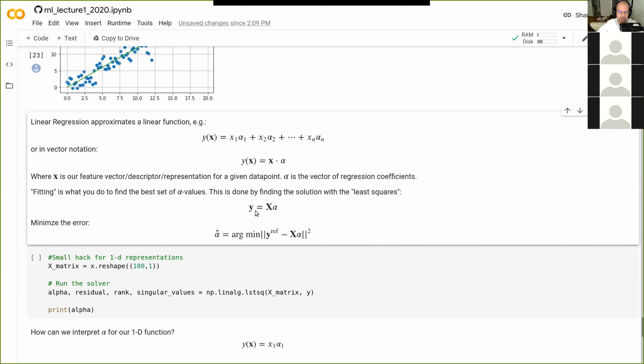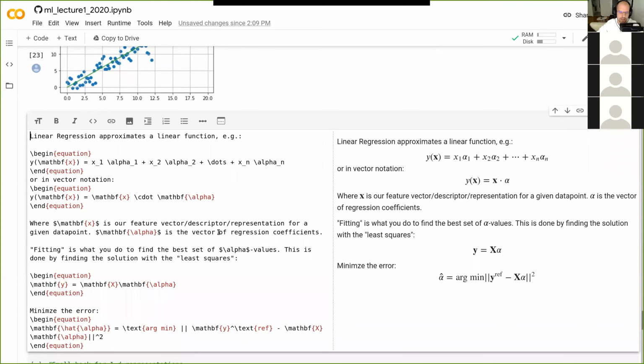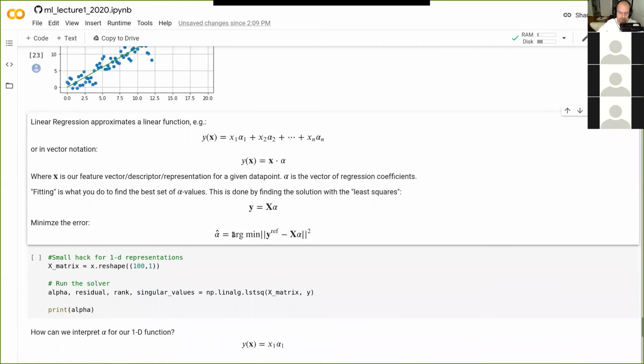What you do then is minimize the least squares so that you minimize the error, so argmin. You take all your reference values of y, and then you subtract this product. Your error is what you get if you subtract the right side from the left.